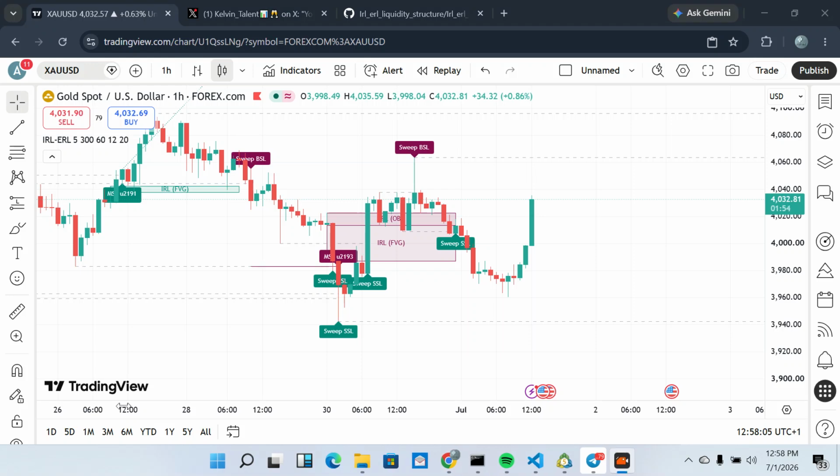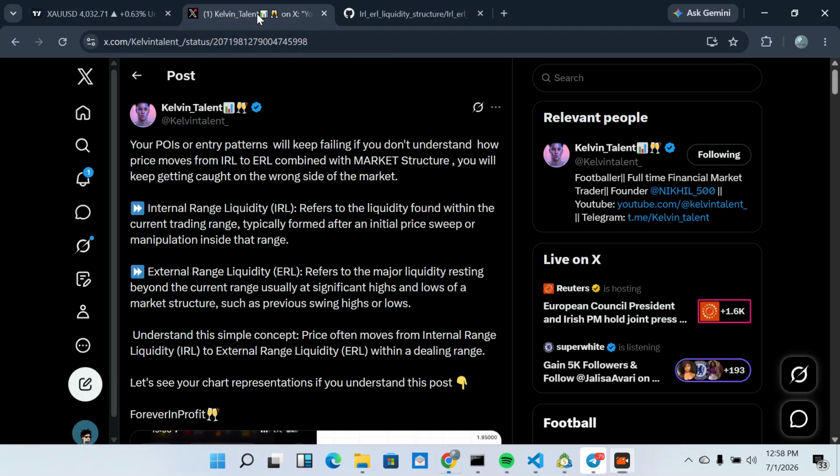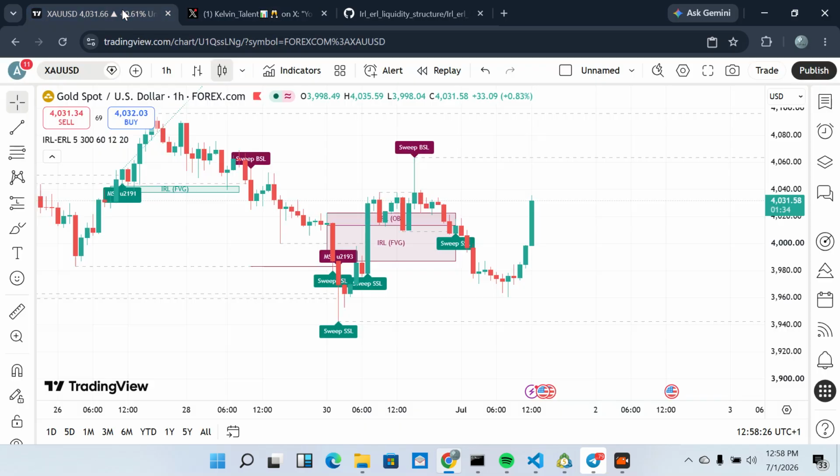Okay, so I came across a post on X on Kevin Starling's page, which is this page, and this was the context of the post. So after going through it, I decided to use this exact context to create an indicator on TradingView, which this